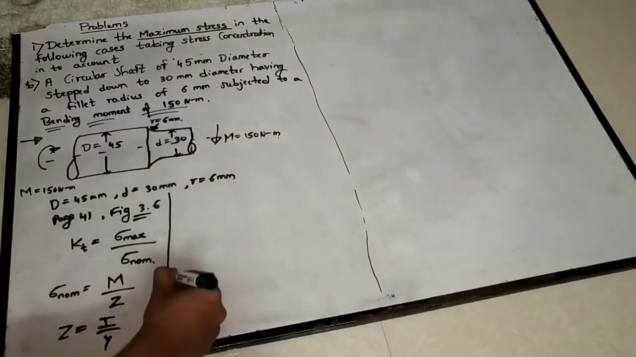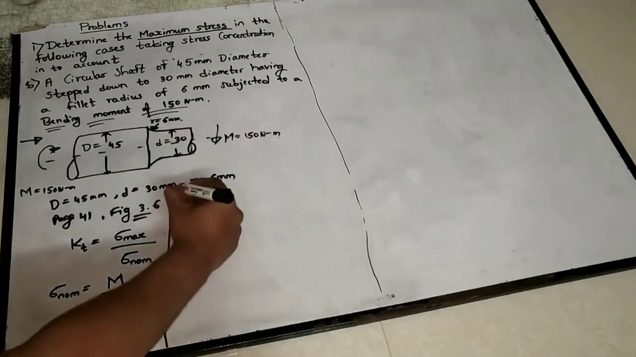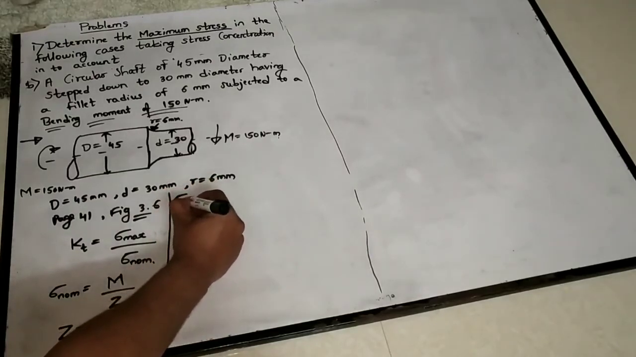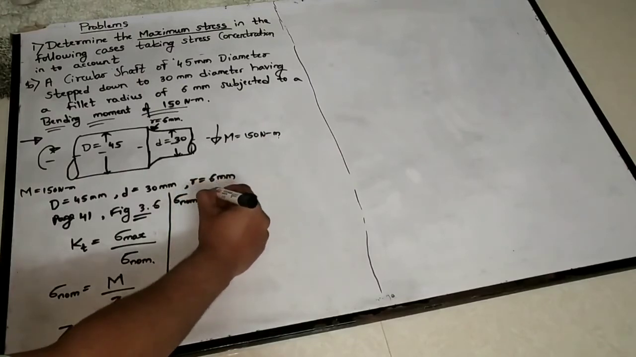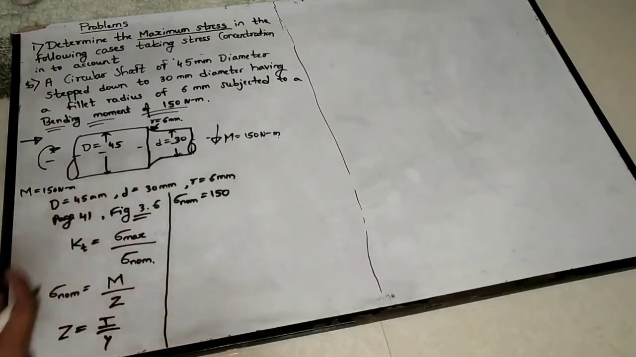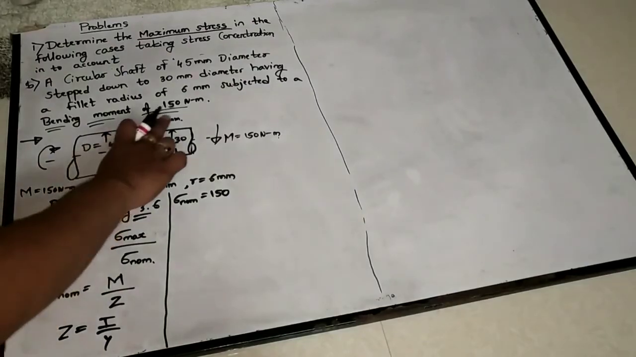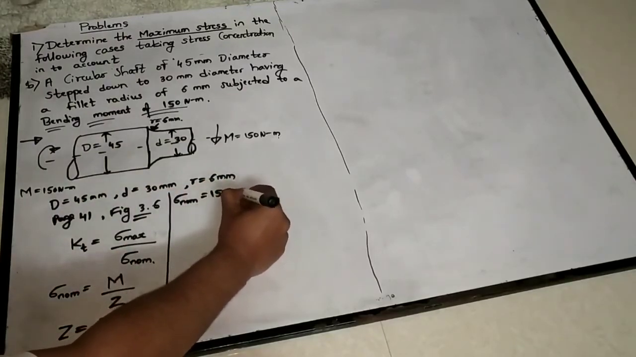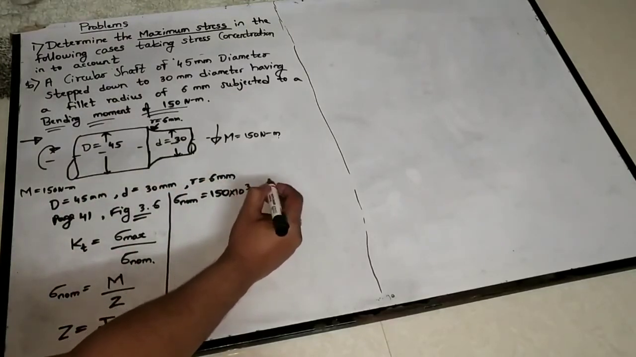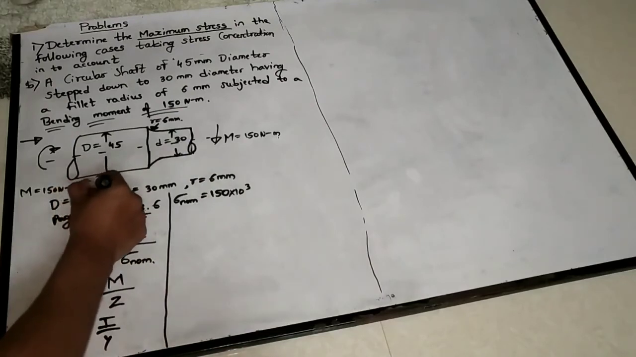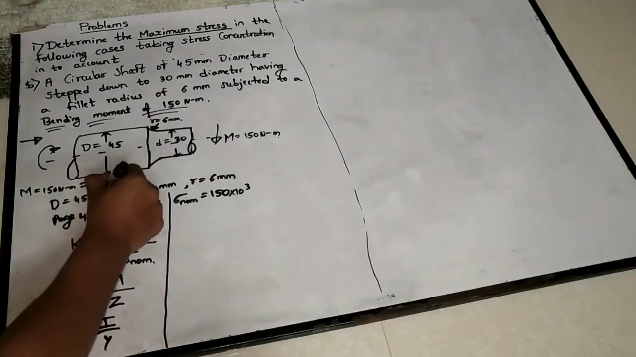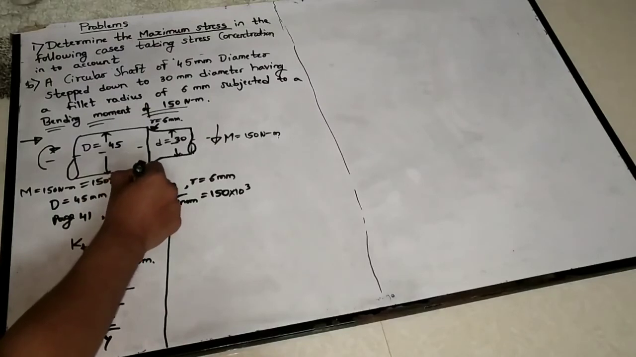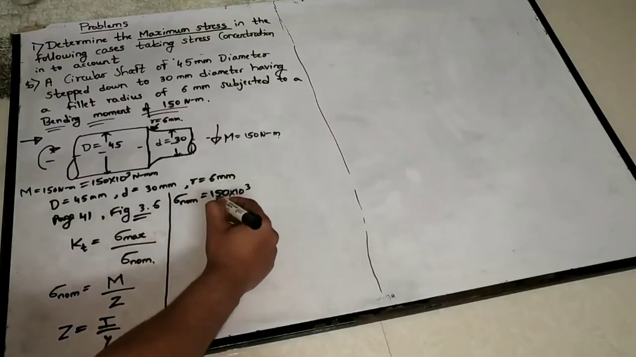Now nominal equal to, what is the moment given? 150. How much is it? Newton meter it is, but dimensions have been given in mm, right? So 150 into 10 raised to 3. So I will write this in mm. So moment 150 into 10 raised to 3 Newton mm, divided by,